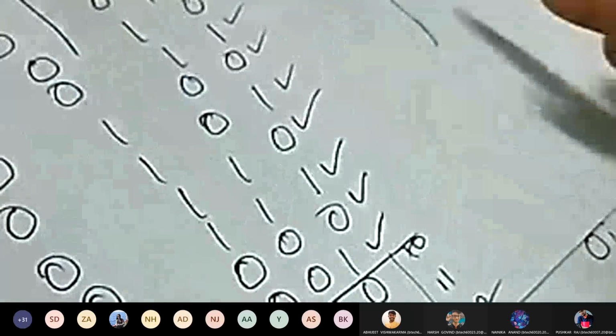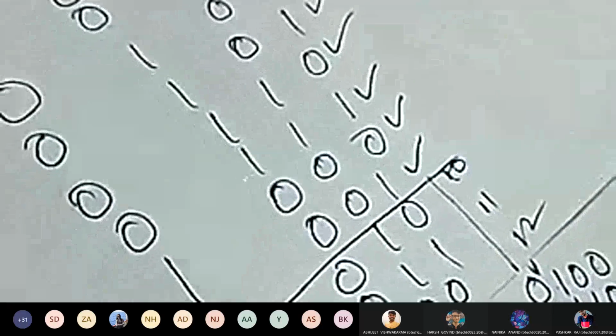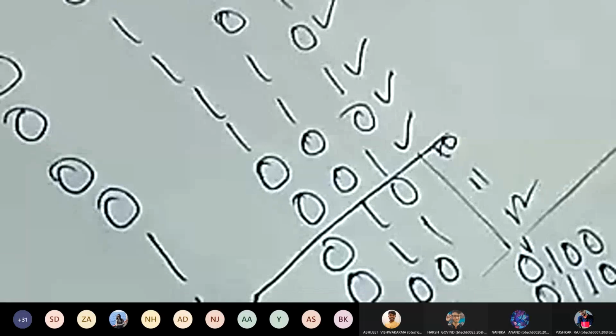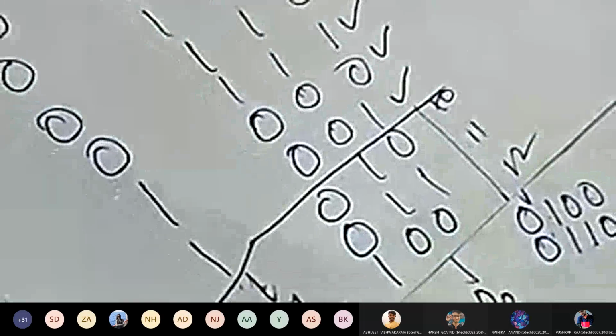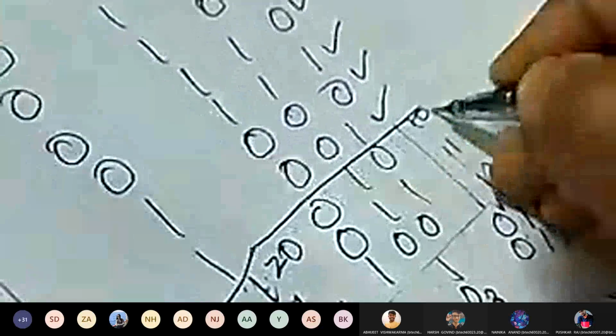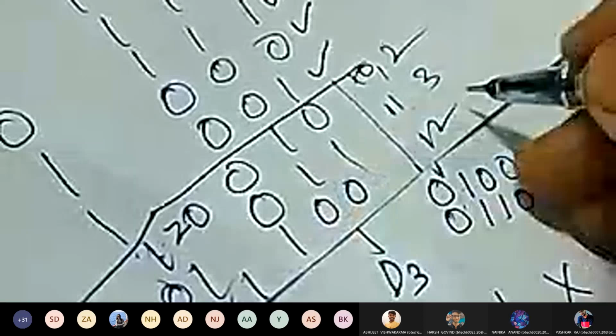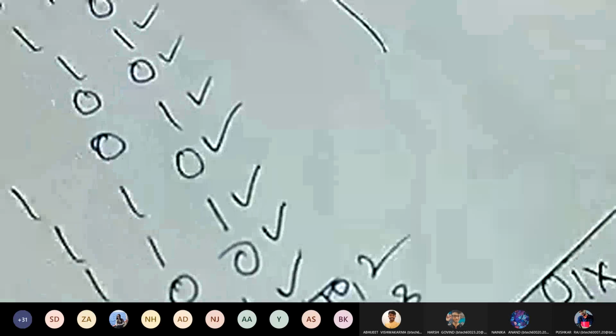What you will change here so that you get a BCD is, you just remove this one. Instead of this one, if you put 0, so this will become what? BCD. If you put here 0 instead of this 1, what value are you going to get? 0, 0, 1, 0. That means 2. Again 0, 0, 1, 1, 3. Again if you put here 0, it will become 5. Then it will become 6. Then it will become 7. Is it clear, everyone?